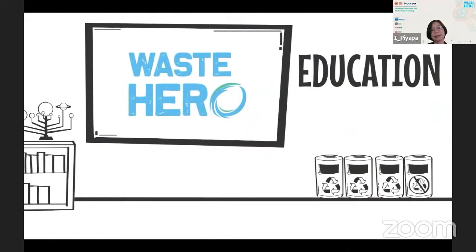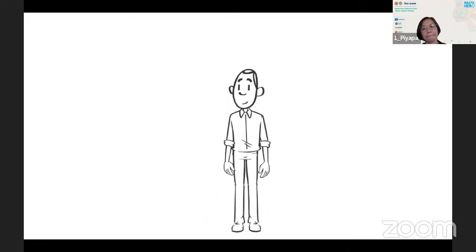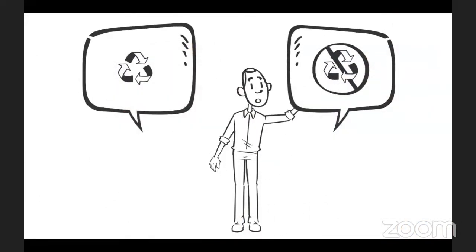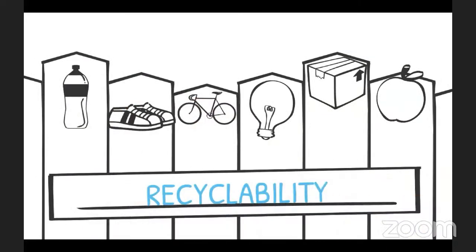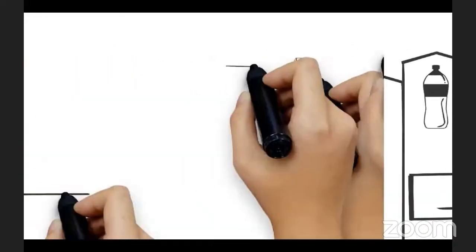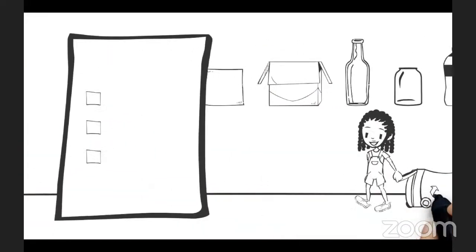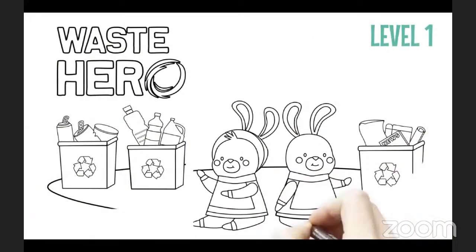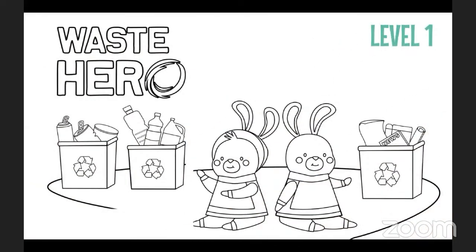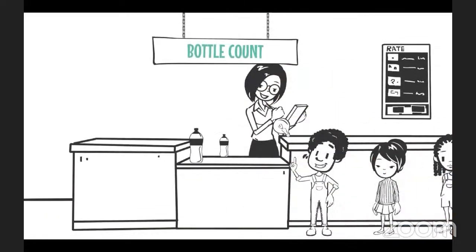Through our preliminary research, we found that many people, including adults, lack the basic understanding of how to properly recycle. To help learners, we made sure that key instructions on recycling fundamentals are covered and repeated across all lesson levels. The lessons emphasize what can and cannot be recycled and the steps to properly dispose of waste. For example, a Level 1 lesson includes a story about a rabbit family learning recycling best practices and also activities like a classroom bottle count, where students collect and count PET plastic bottles as a class.